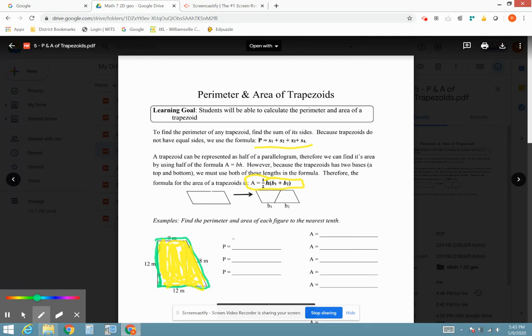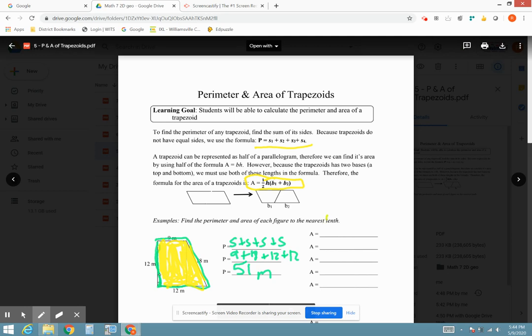So for perimeter, side plus side plus side plus side. So I have 9 plus 18 plus 12 plus 12. So I put that in my calculator, or I use my brain. 9 plus 18 plus 12 plus 12 is 51, and my label is meters. Okay, now for